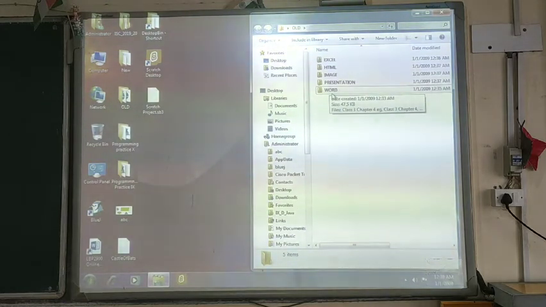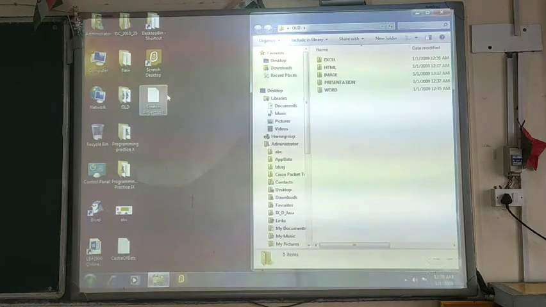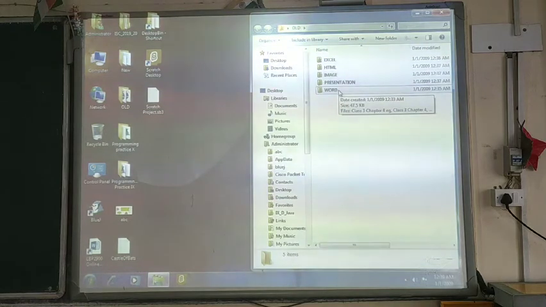Because if anyone gets access to my computer and just deletes this particular folder, then what will happen? All my work which I have completed and saved in the form of different files and folders here in the computer will be deleted from the system. And what will happen? The time invested will go to waste.